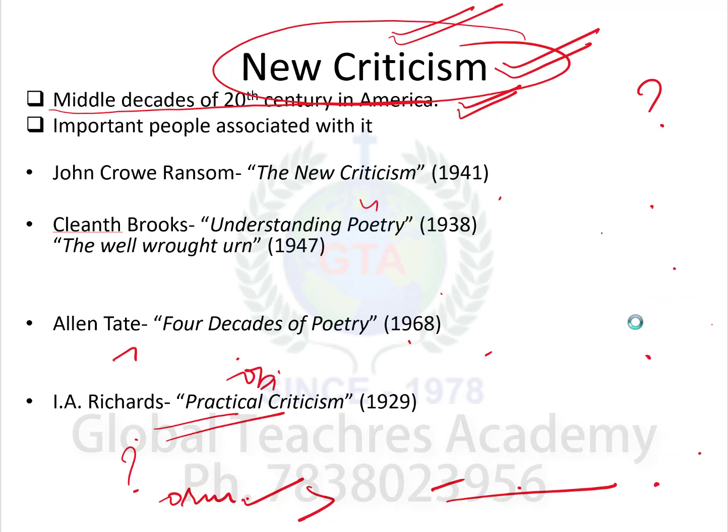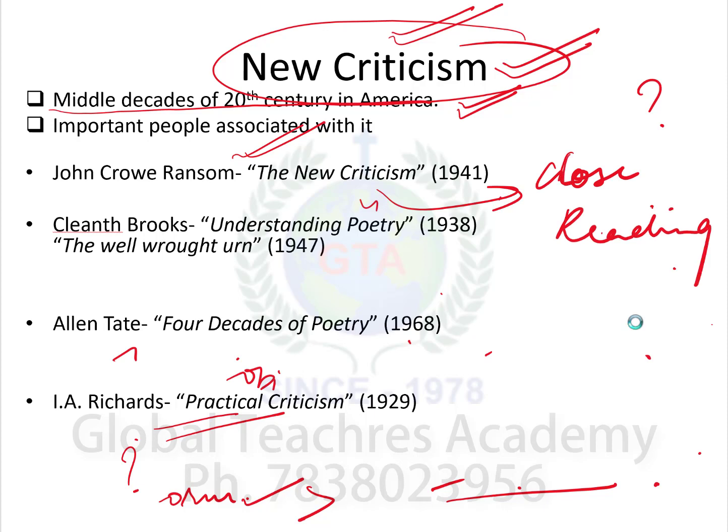Who was the first person who came out with the word called new criticism, right? So new criticism, the word itself comes from the book written by John Crowe Ransom, and the book is of the same name. So new criticism is a word by John Crowe Ransom, and he also gives a term called close reading,